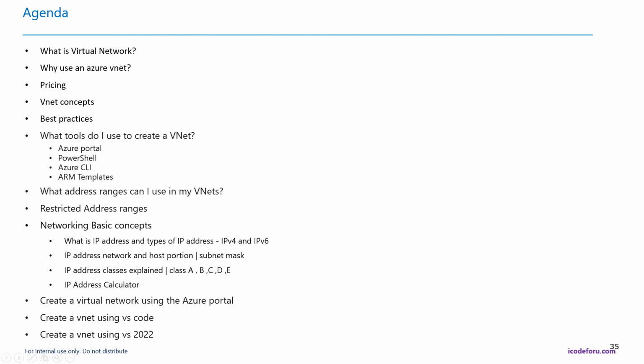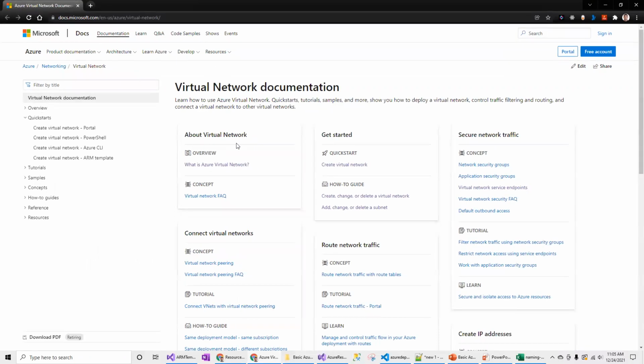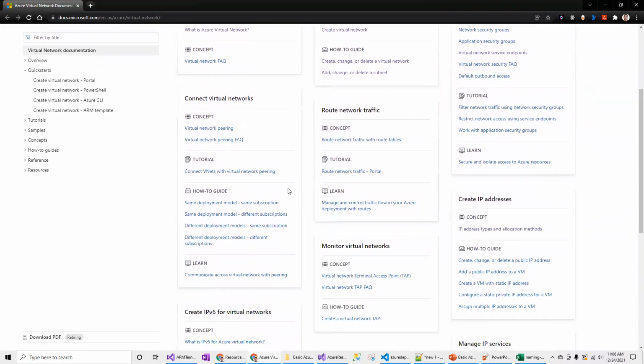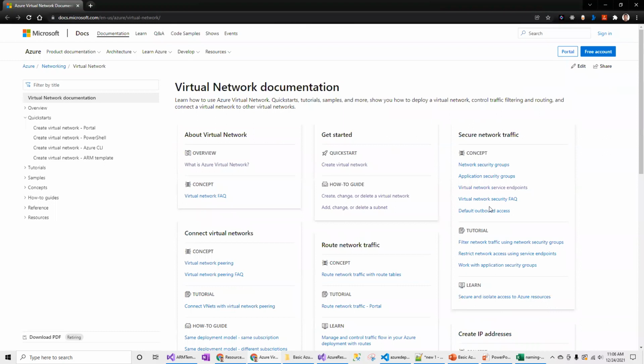Before you start, you might be wondering where to start looking for resources. The Microsoft Azure portal is the entry point for you to start creating and understanding some of the networking concepts before you actually dig into the implementation. So make sure that you look at some of the articles and best practices, and especially understand the IP address range, what is required, what private IP address range can be used, and what private IP address range cannot be used, and so on.